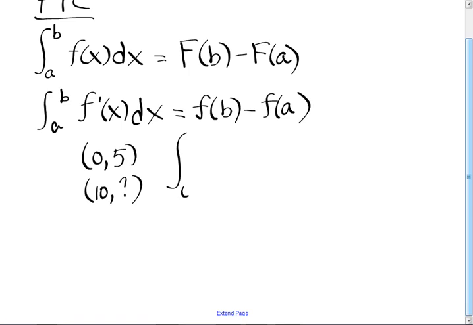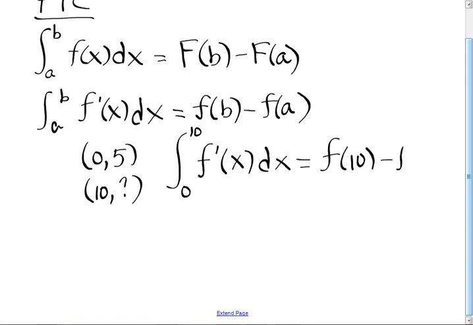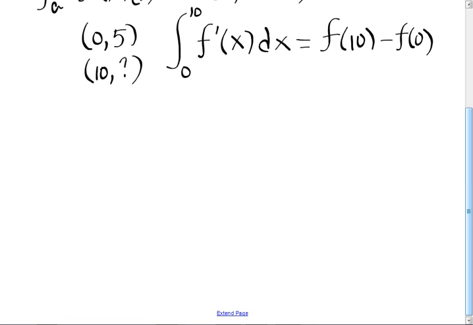So it's going to be the integral from 0 to 10 of f prime of x dx. They're going to give you the derivative, and then I'm going to put in 10 here because that's equal to f of 10 minus f of 0. I get an equation. And what they're going to do with this integral is either you could integrate it by hand,